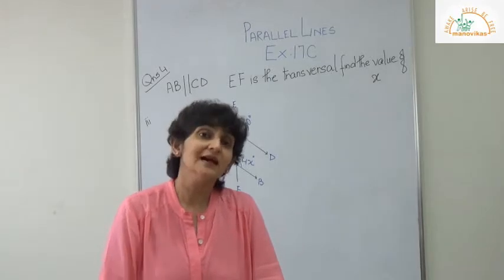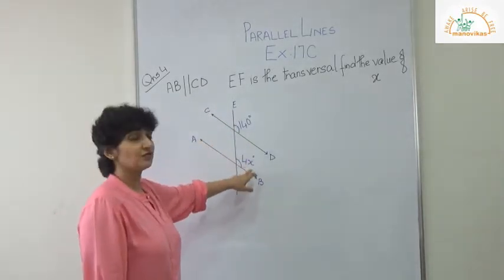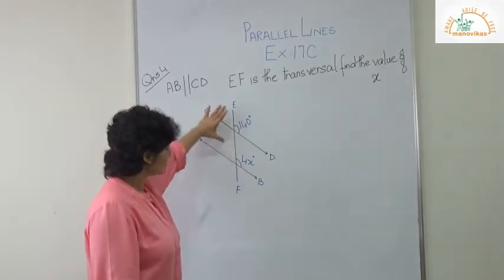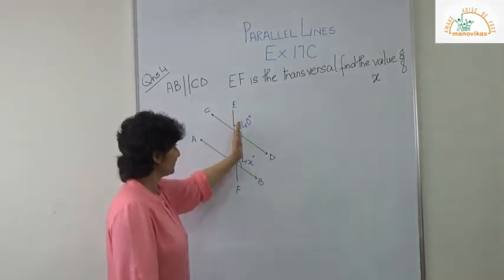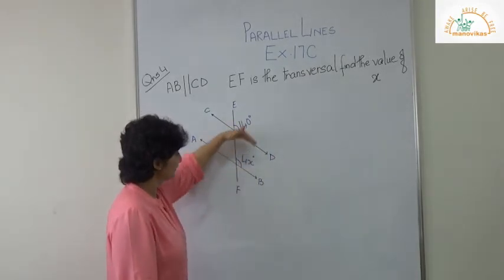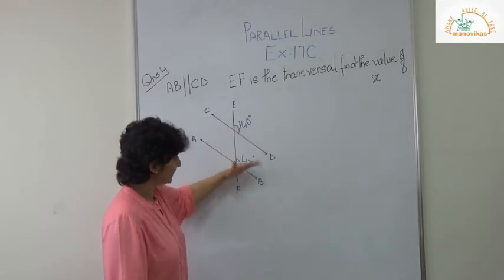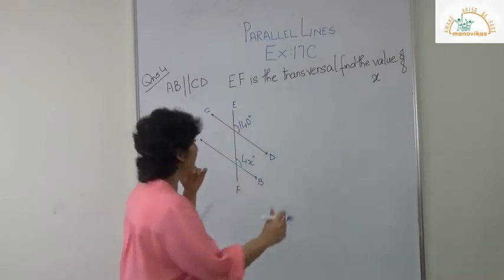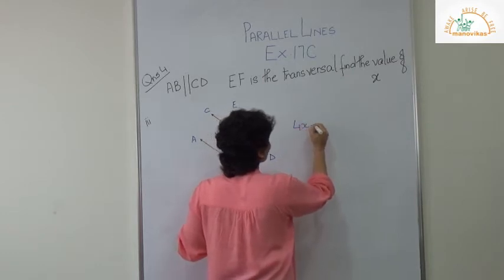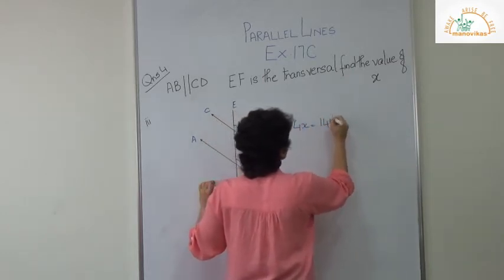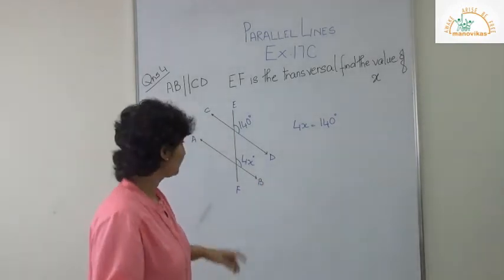Now let's do the third sum of your question 4. Now you need to find the value of X. Now children, if you see this, something like L, right? Now this and this, if you see, both give you the same shape. L here and a broad L here. That means you know that 4x is equal to 140 degrees. 4x is equal to 140.